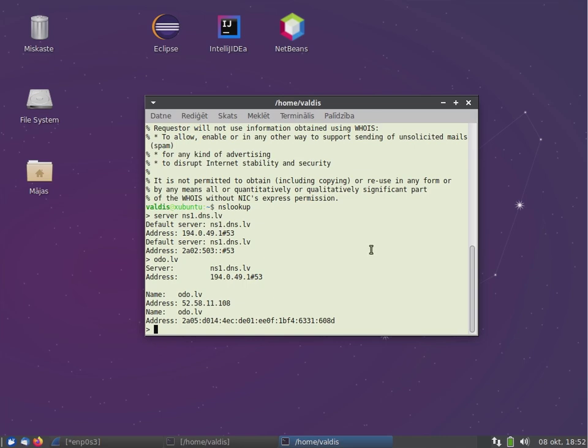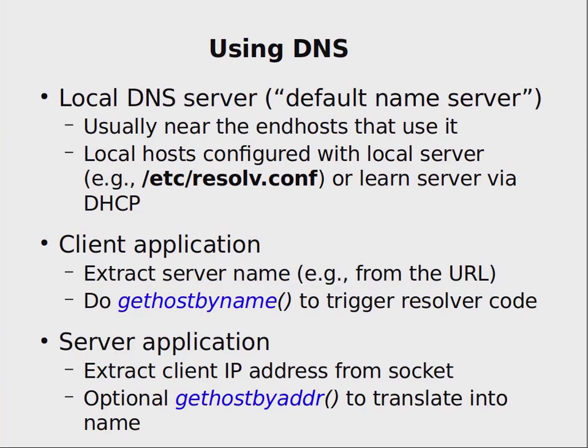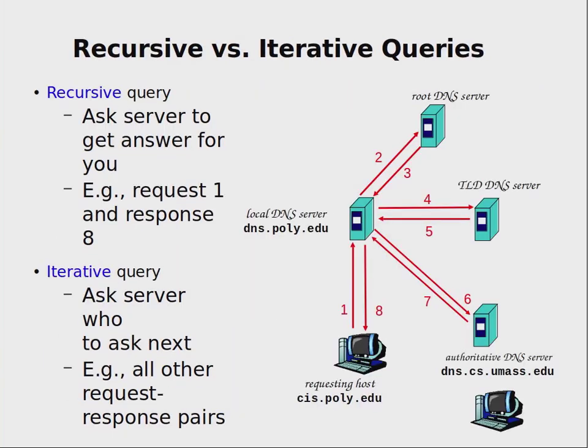So this is good in terms of robustness, because there always should be some DNS server available to resolve names into IP addresses. What is not so good is how it works.